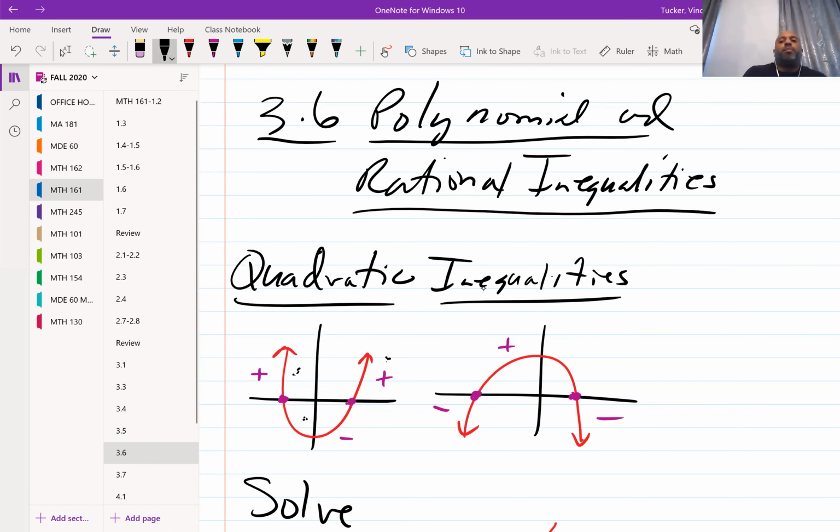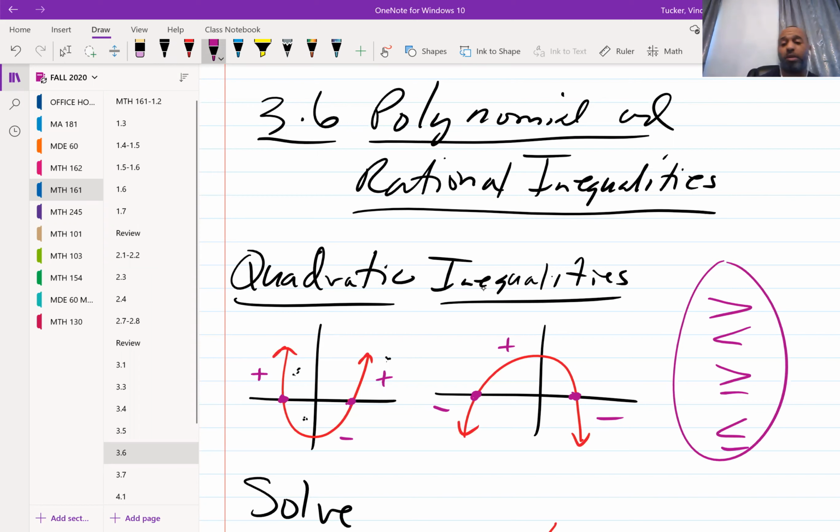All right, so we're looking at polynomial and rational inequalities. So we've solved quadratic equations previously, but now we're looking at quadratic inequalities. Remember your inequality symbols. So we're talking about using those instead of equals. Don't forget how your parabola is set up. It's either going to be a U, concave up, or concave down, that upside